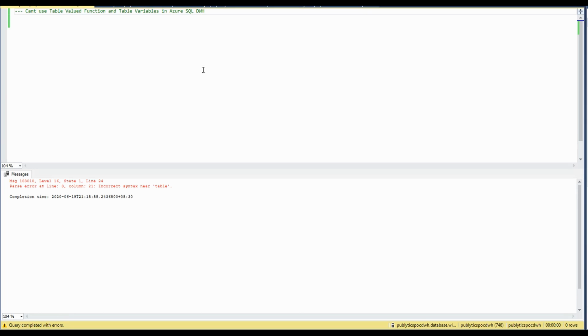Unfortunately you cannot do that in Azure SQL Data Warehouse, because you don't have access to table valued functions, and mostly you have to rely on temp tables or CTEs to get the job done. And we have noticed that CTEs also have some limitations. So let's discuss that.